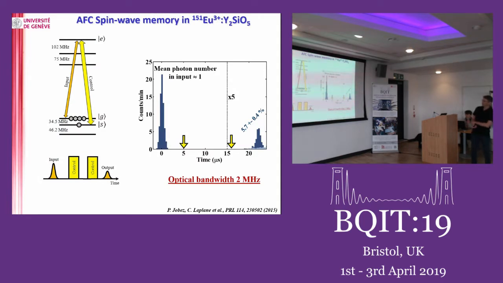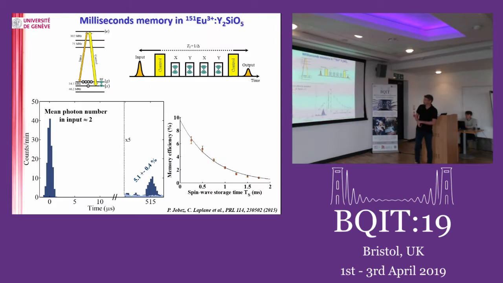So just to flash a few results that we have had in the last years. Maybe I'll do quickly. So this is the system, Europium. As you see, you have nuclear quadrupole states separated by a few tens of megahertz, but you do have nice coherence times. And maybe I'll show this. We've been able to store weak coherent states of a few photons, with quite a reasonable efficiency, or at least non-negligible, I would say. Noise level is down here, so quite good SNR, and lifetime up to millisecond.